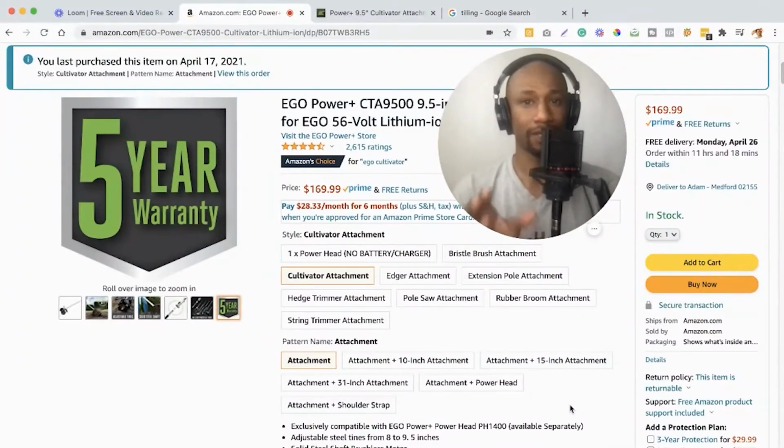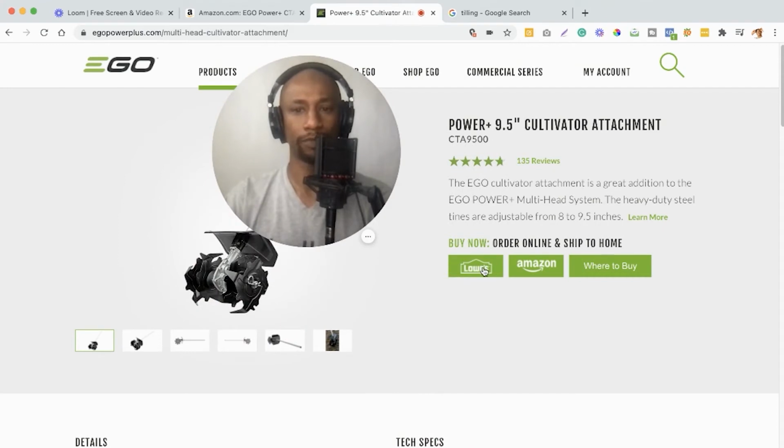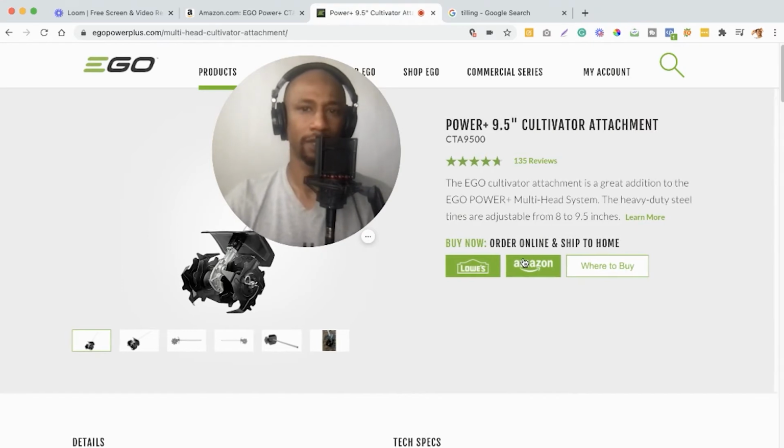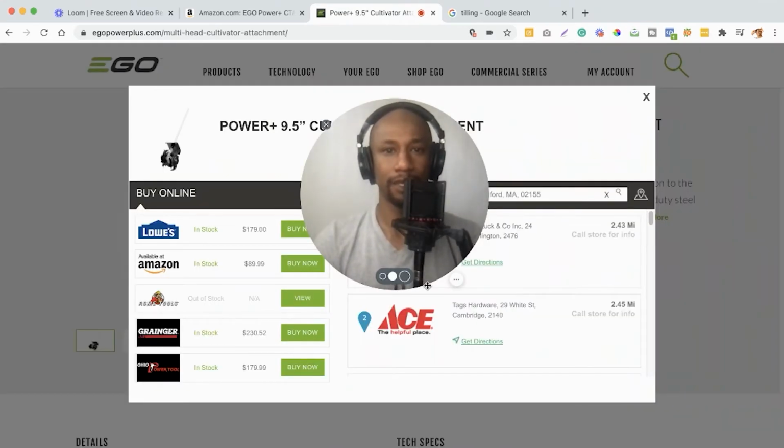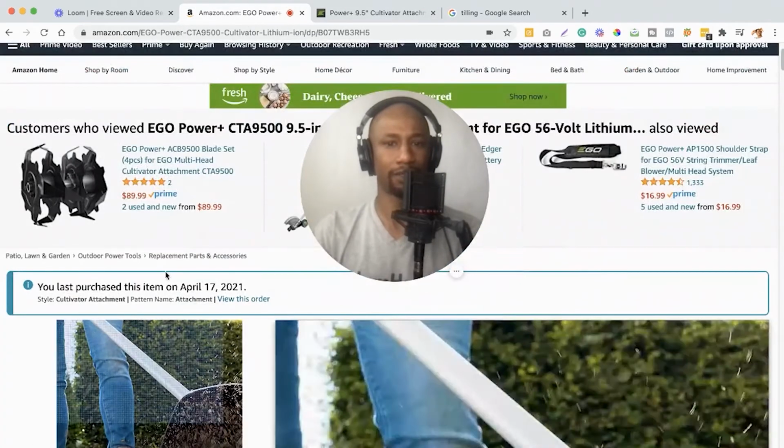And really quickly, my friends, as you can see, the pricing of this here on Amazon is listed at $169.99. If we come back over here to their actual website, you can see they have it listed with Lowe's as well, and I believe it's potentially at Home Depot as well as Acme. I could be mistaken. The Eagle Cultivator attachment is listed at about $180, pretty much $230 on Granger. Amazon, this is if you were to get the pieces separately. When I purchased this on Amazon and found the whole piece together, as you can see here, it's listed at